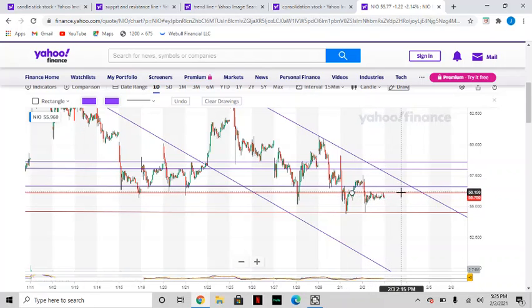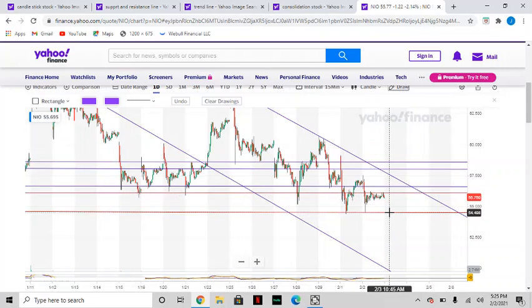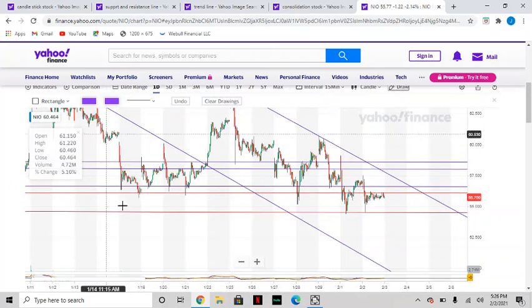But it looks like we're trying. We really are trying. I mean, we're not even bouncing down to this support here. We're really trying to break the resistance here at 56. But that's just a quick